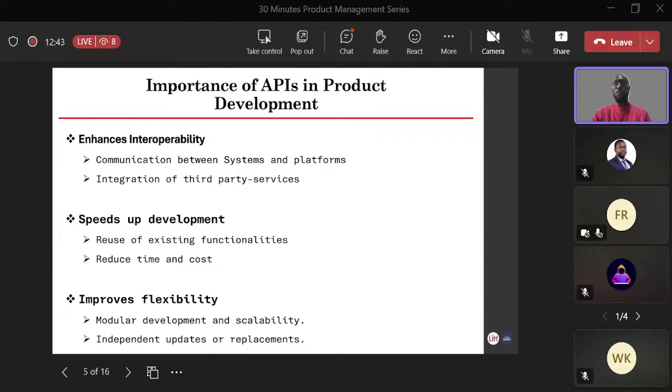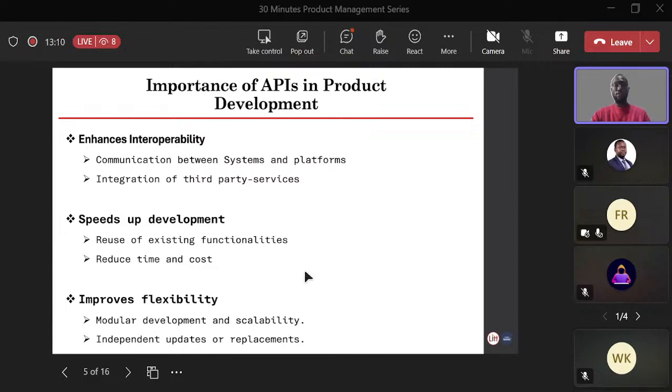When we are building another platform, let's say a banking app or an insurance app, because we previously built the payment service as an API, we can make use of that API by following the communication protocols that it requires.